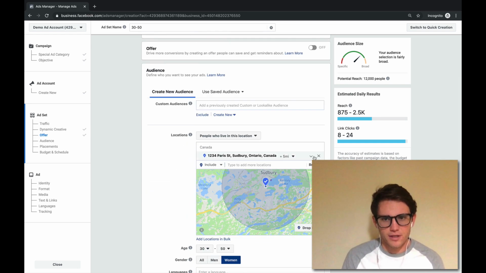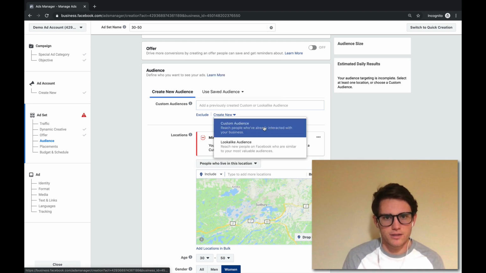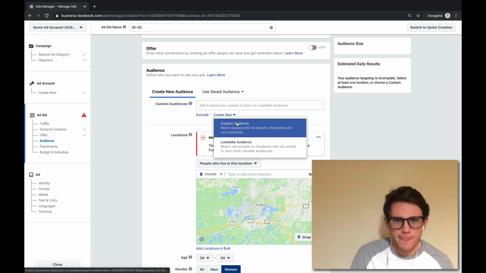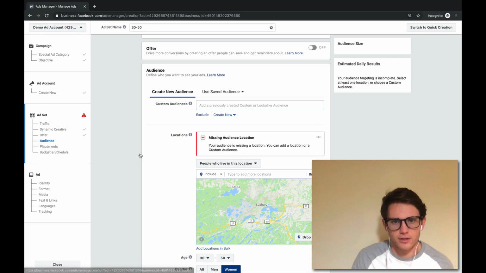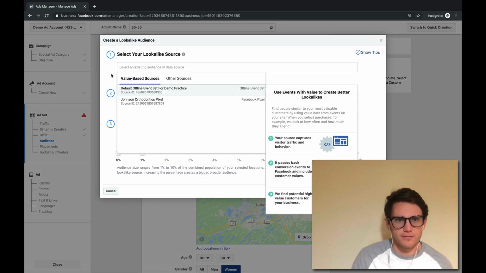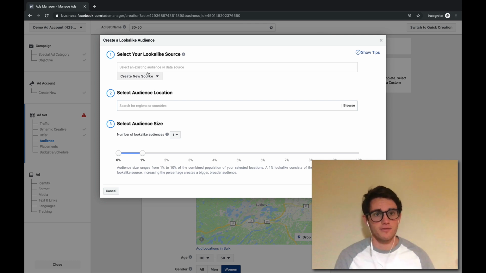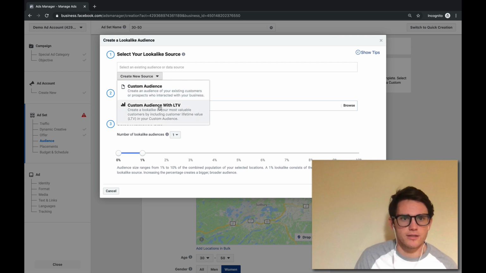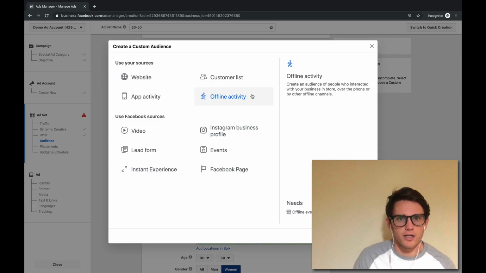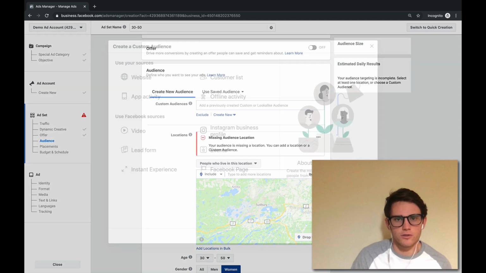And then one other thing that I forgot to mention is that you can create what's called a lookalike audience. So when you click create new, instead of using custom audience, you create lookalike audience. And what you can do is, again, if you uploaded your customer file, or maybe you had a video that went viral and there's a bunch of people that watched it, then you can create a custom audience. You'd first have to create a custom audience with a customer list, so you'd upload this, and then you'd come in here to